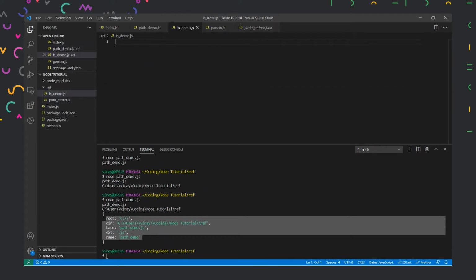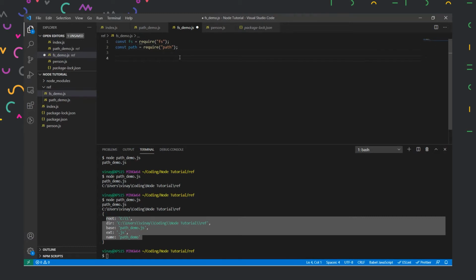In fs demo.js, the first thing we have to do is, yes, you're correct, import the module now. So let us do that. We'll import the path as well so that we could use it along with our file system module.